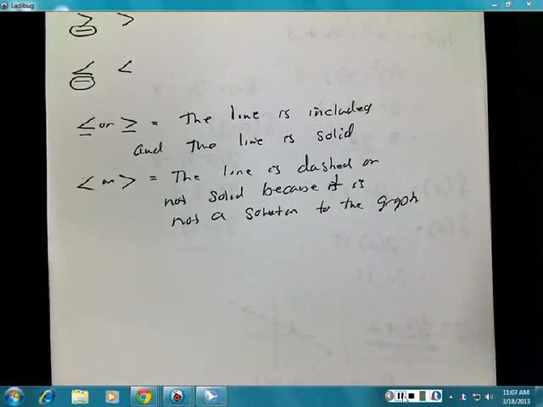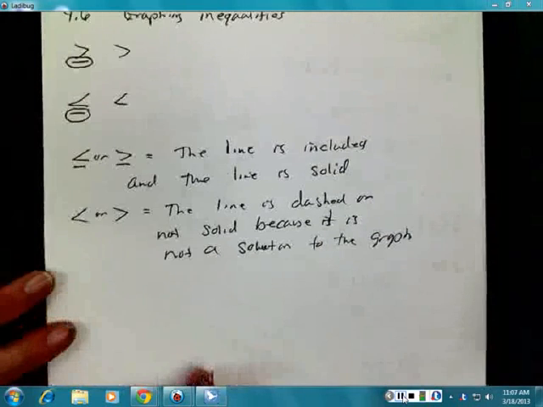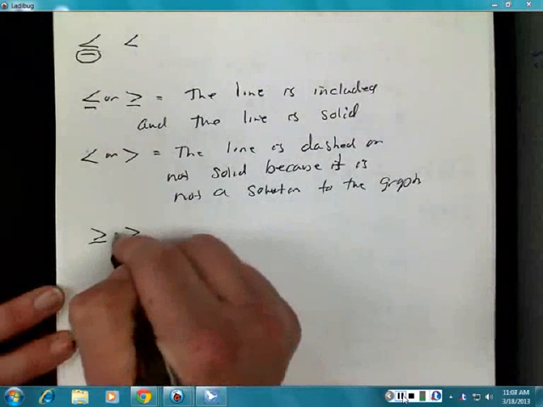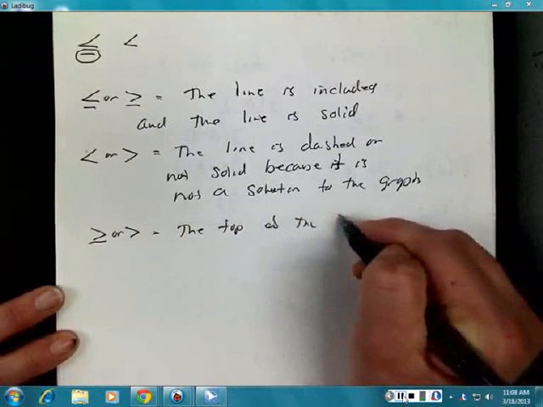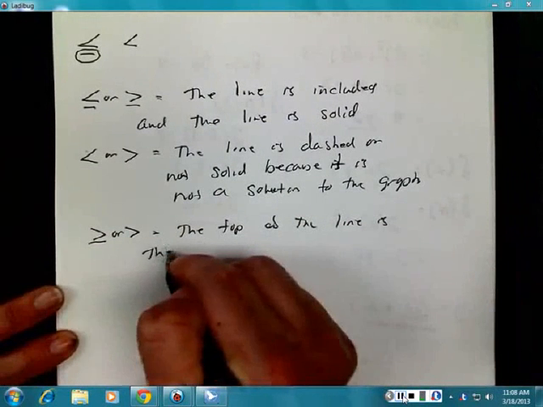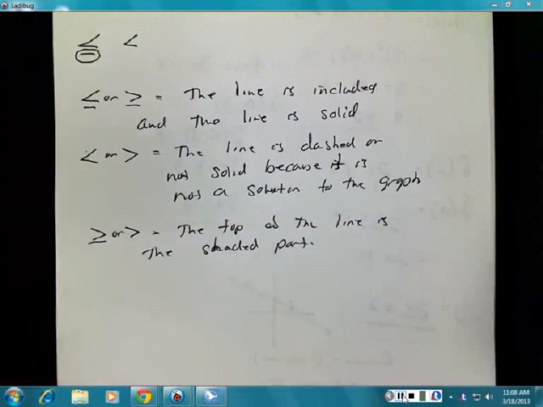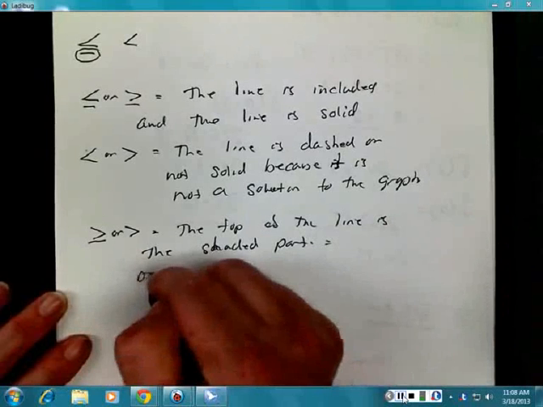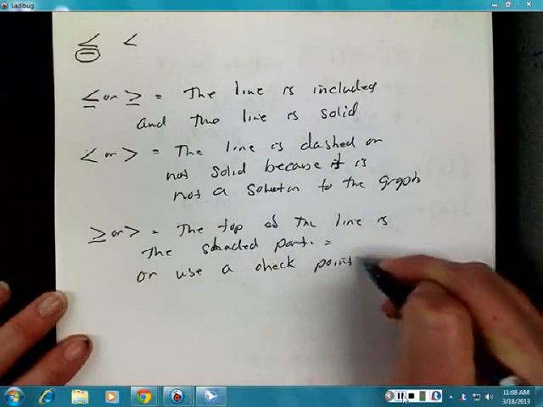So if you're given an equation such as, well, before I do that, I guess I should tell you what sides get shaded in these. If you have a greater than or equal to or a greater than, the top of the line is the shaded part. See, this is what my instructor didn't teach me in last class, and this is why I got confused with the shading. So I knew there was a certain pattern that you could shade, and he just kind of made us go through. Yep. Or use a checkpoint